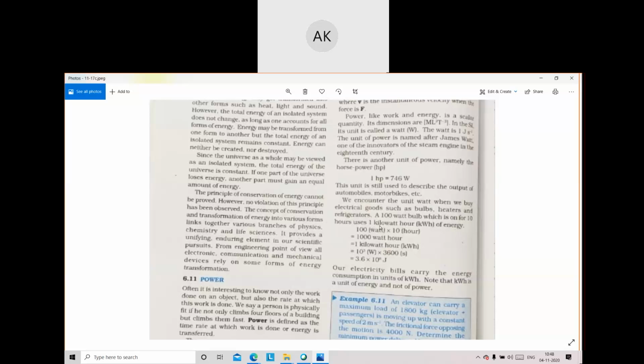But when you see kilowatt here, don't think it is the unit of power. This is kilowatt into hour. Power into time is there. So here kilowatt hour is the unit of energy. Kilowatt hour, how will you write? Small k, W, h small letter. Kilowatt hour. 1 kilowatt hour is 3.6 into 10